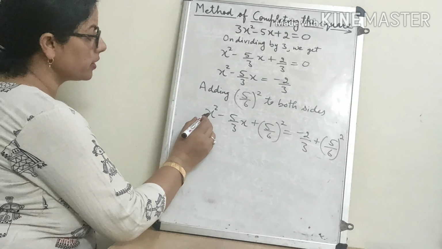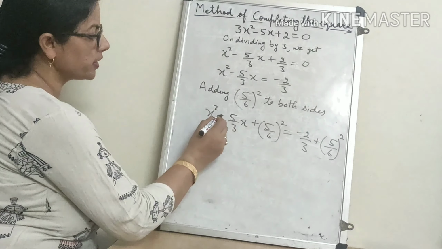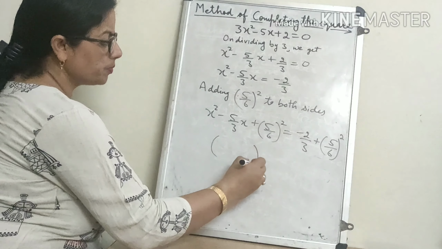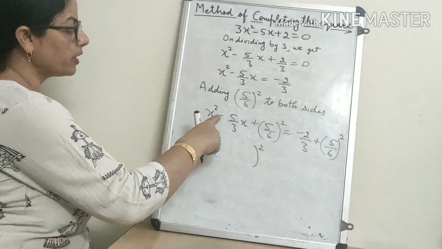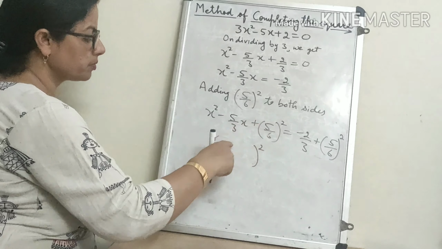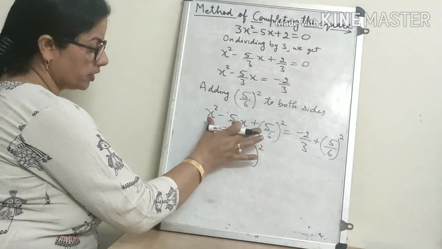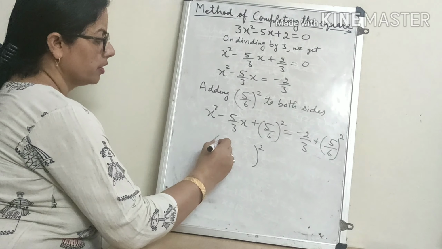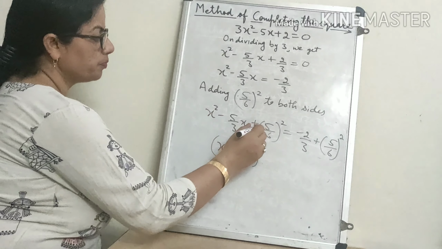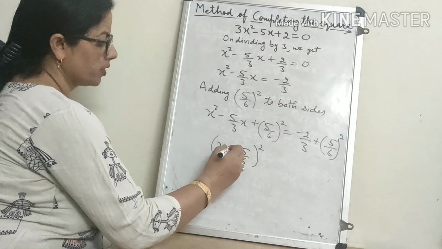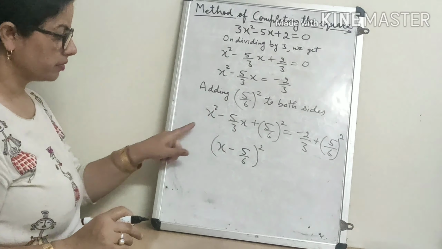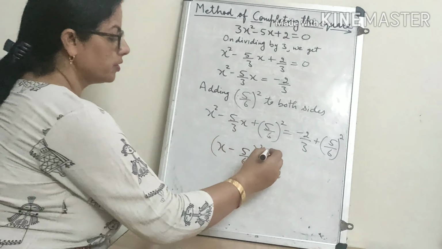So only check whether it is positive or negative. Means a minus b whole square will be there. If here is plus, then a plus b whole square will be there. Now we can write here, a means x, b means 5 by 6. a minus b whole square. This will become